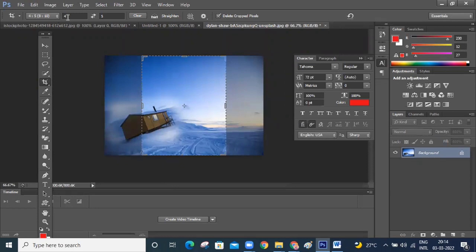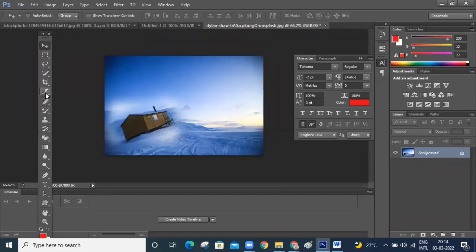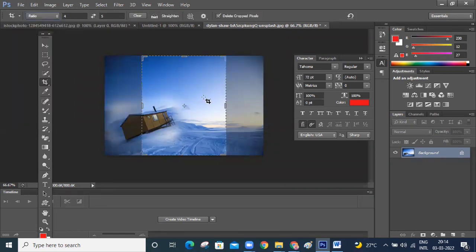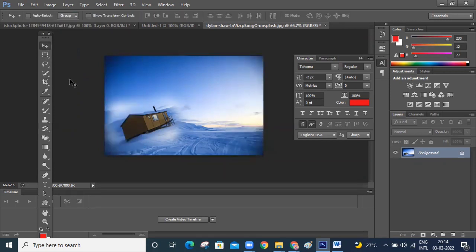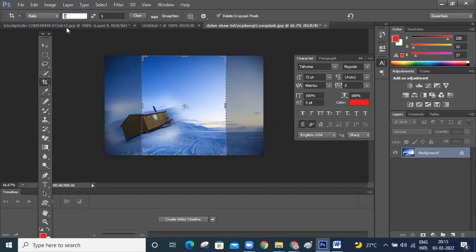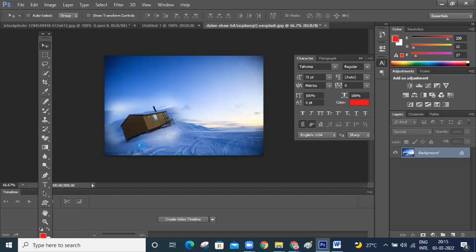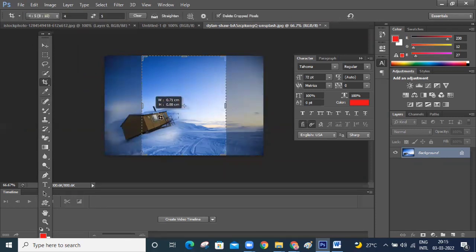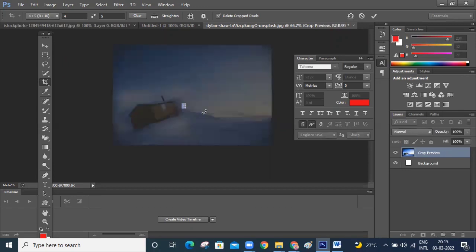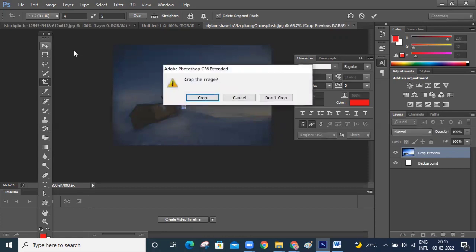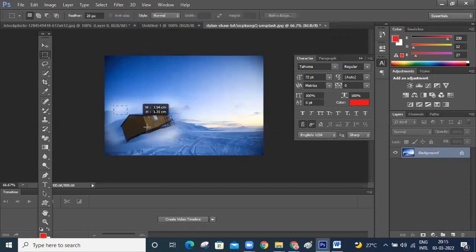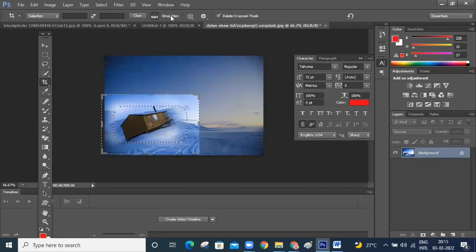I will remove this ratio option. With crop tool, we can straighten this image also.